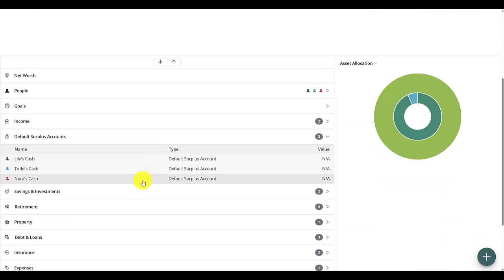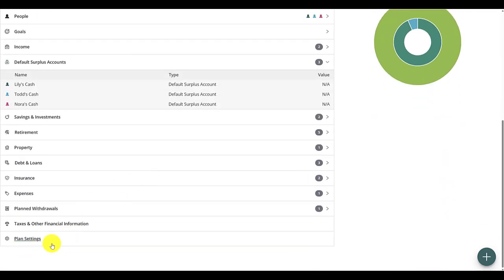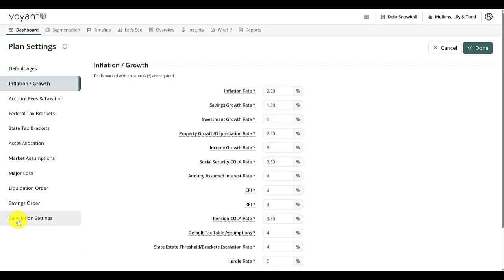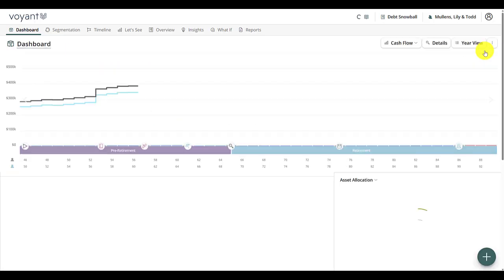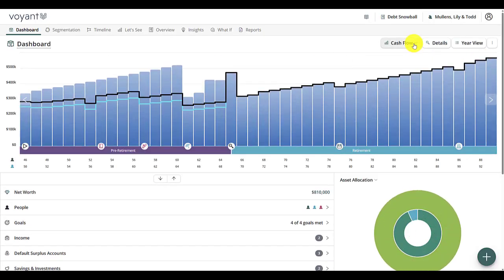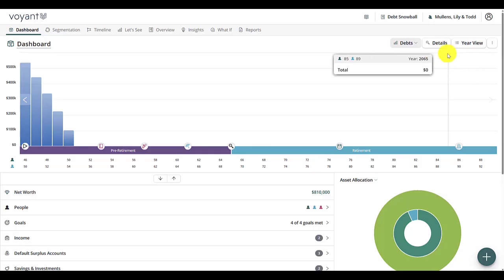And now the last thing I want to do to ensure that this happens is go to our plan settings, go to calculation settings, and then we're going to now transfer all of their excess or surplus income to those default surplus accounts. And what we should now be able to see on the debts chart is by turning on